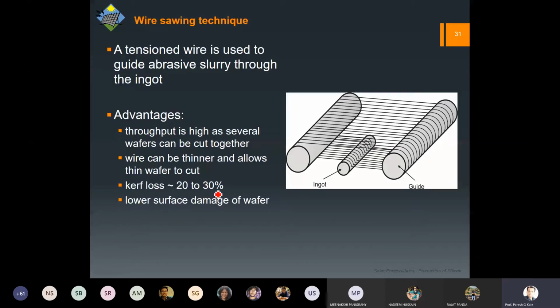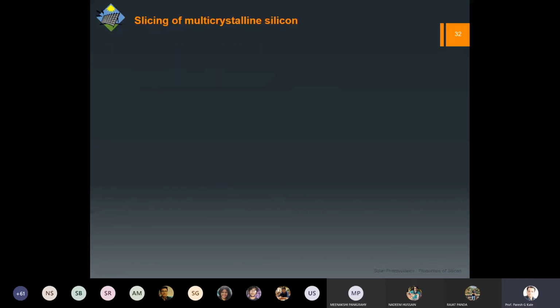We see that these polished surfaces are very smooth, but that is for our eyes. When you are talking of the atomic level, definitely these are quite rough. This roughness is measured by certain microscopic techniques, and this particular method is going to lower the damage to the surface of the wafer. So this method is common for the PV industry.